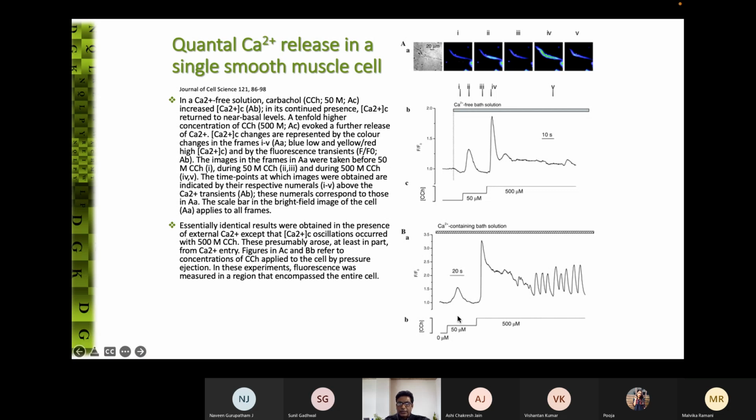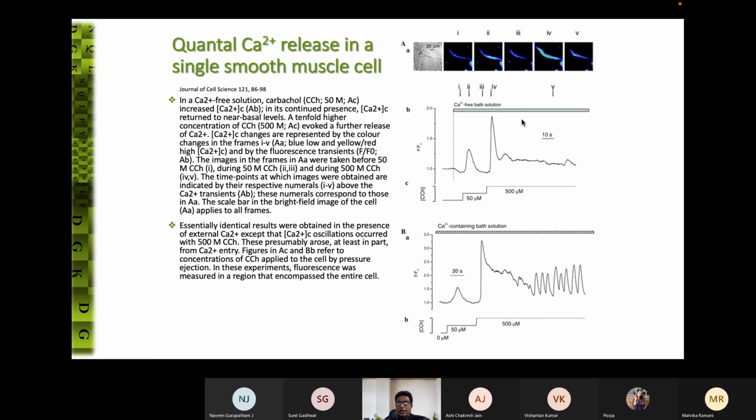So there is a response which depends upon the amount of the carbachol which is present, or that you actually dose in the experiment, and you see that it goes back gradually to the basal level. Of course, this reduction is a little slower after a certain level, because there is this initial increase. So the sustained amount, although it is continuing here at 500 micromolar, does not sustain the signal. It has a spike, and then it releases to a small amount, which shows that not all the control is with the sarcoplasm, within